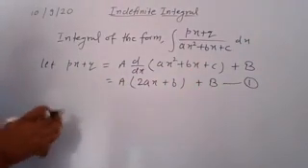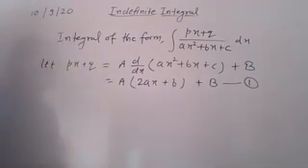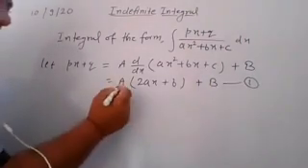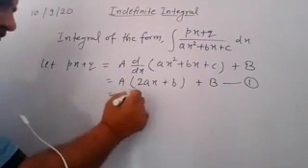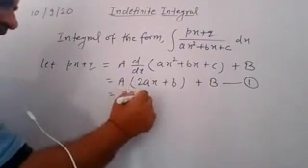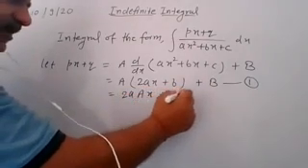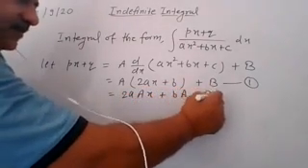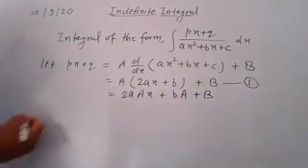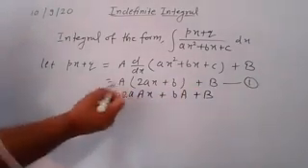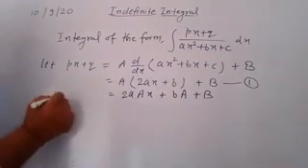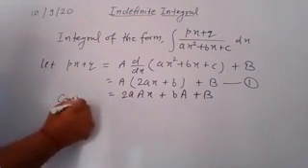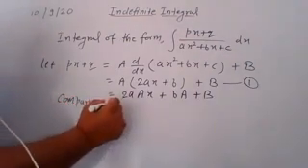Now you have to apply the same method in the given question. So this is your first equation. Now multiplying by A, you can write 2aA into x. This side you have bA plus B. Now comparing both sides, you compare the coefficient of x and the constant term. So you get the values of A and B.